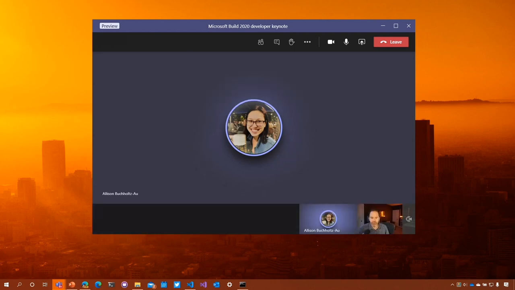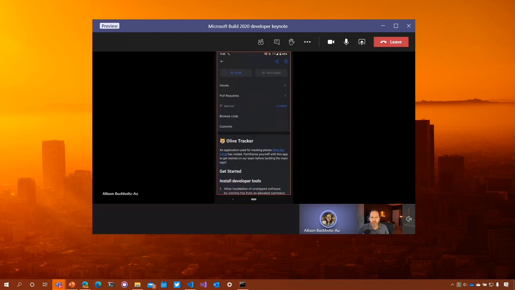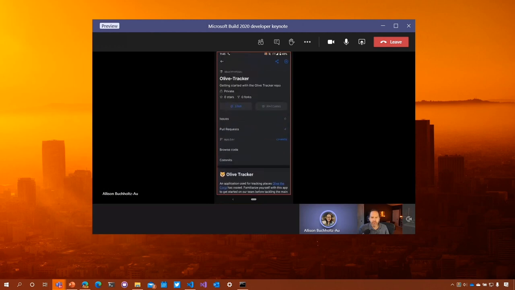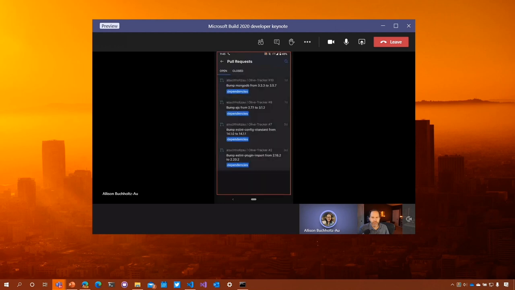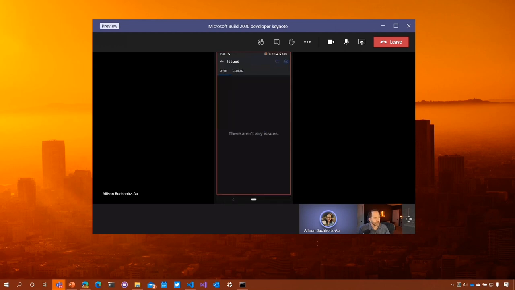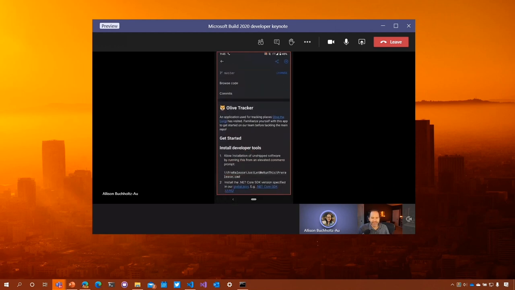Cool. So let me go ahead and switch over to my GitHub application. So here you see a repository, which is the Olive tracker. It's one I've been building while I've been at home in my spare time, keeping track of where Miss Olive has been. And it's great because you can see I can check on pull requests. If I had any issues, I could check on those. No issues because my app is perfect. And it's great because it helps me stay connected. So for my Teams repo, I can check on issues. I can comment on pull requests and just stay connected even when I'm on the go,